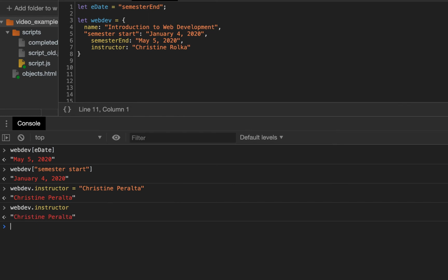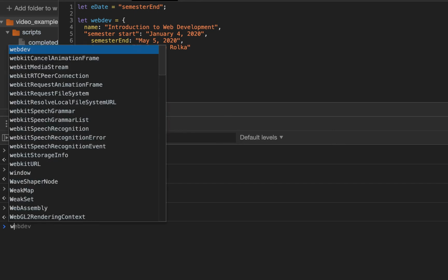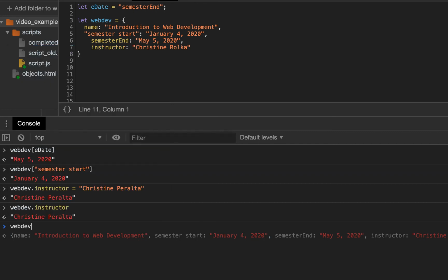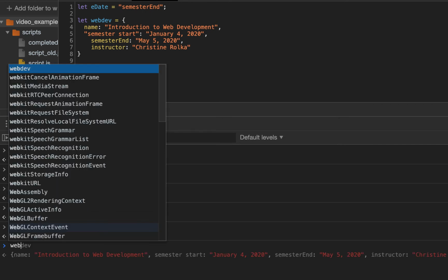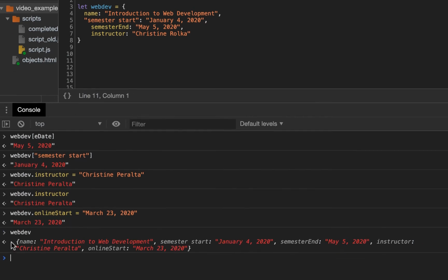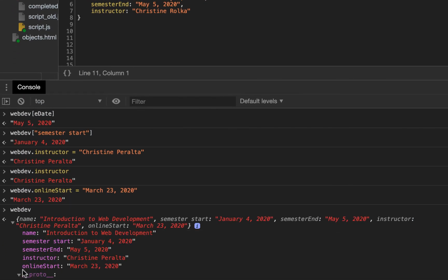I can also add new properties by referencing the new property and giving it a value. Note that it is not a requirement that the property exist before I access it and give it a new value. So for example, I want to include the online start date for our class. So webdev online start will get the value March 23rd. Now when I reference the object, you'll notice that online start is a new property that is appended to the